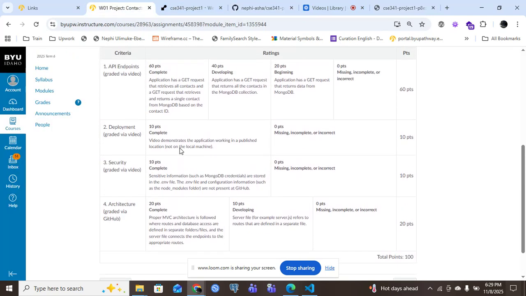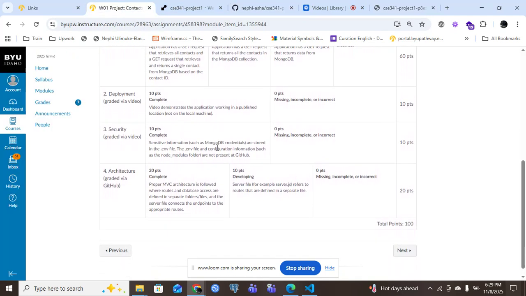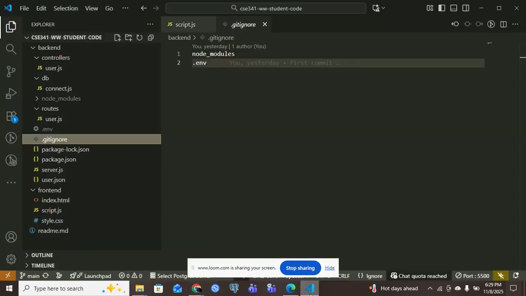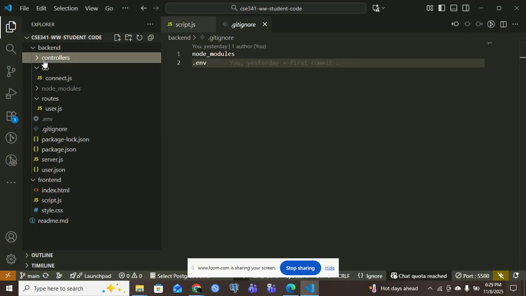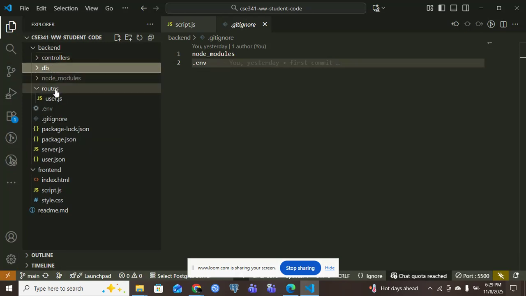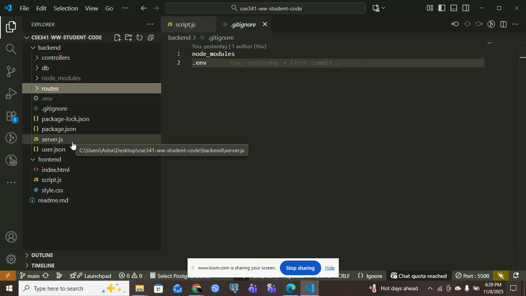Is that all? All right. Yes. So how it's actually structured, we have the controllers, the database, we have the routes, and then the entry